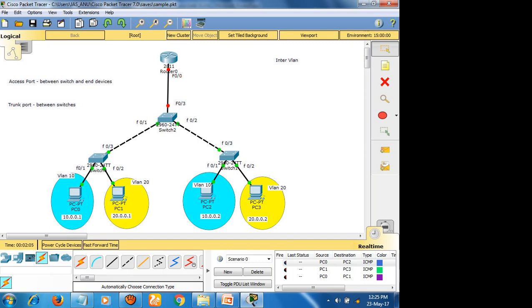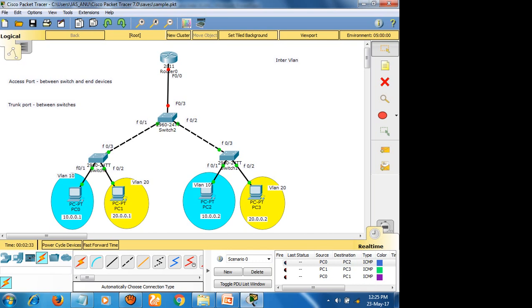Now there must be a problem. Look at this. How many interfaces are there from router to switch? No, how many lines? Which means only one cable I connected, right? Assume that it is a cable connected from router to switch.